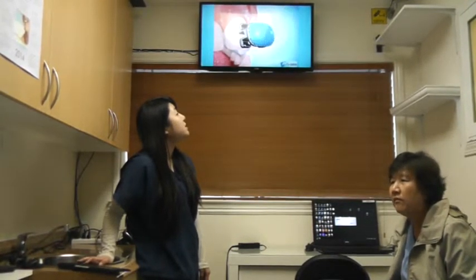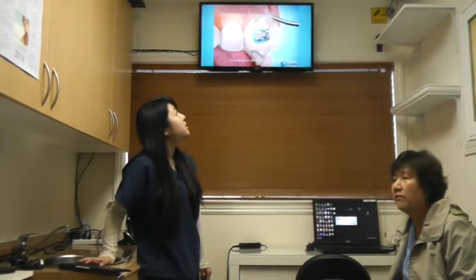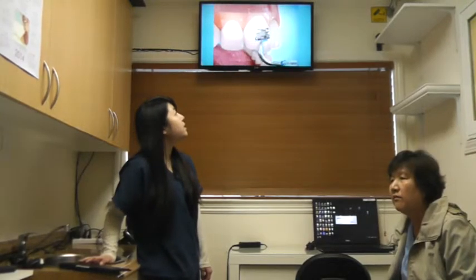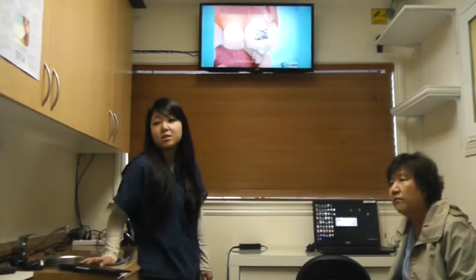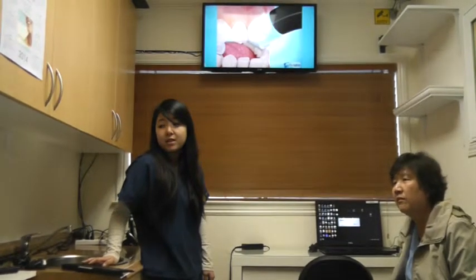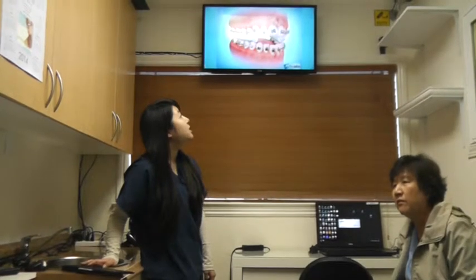And then either the assistant or the orthodontist can place it on the tooth. And then the orthodontist will check the size of the brackets for extra adhesive, and then he'll check the alignment of the bracket to make sure everything is okay. And then after he makes sure it's okay, the assistant will go ahead and light cure all of